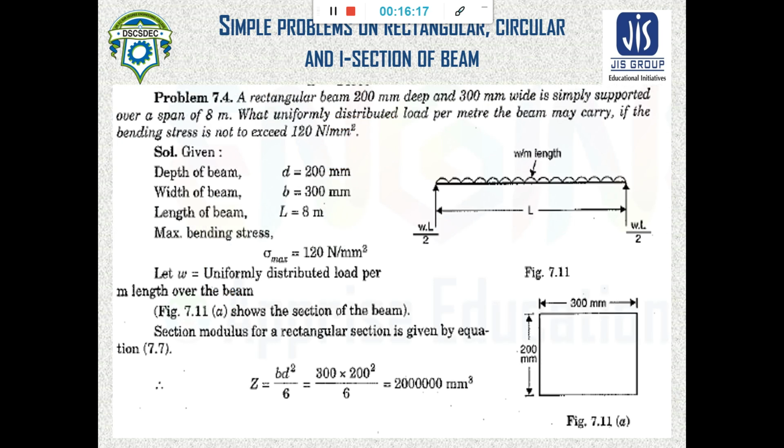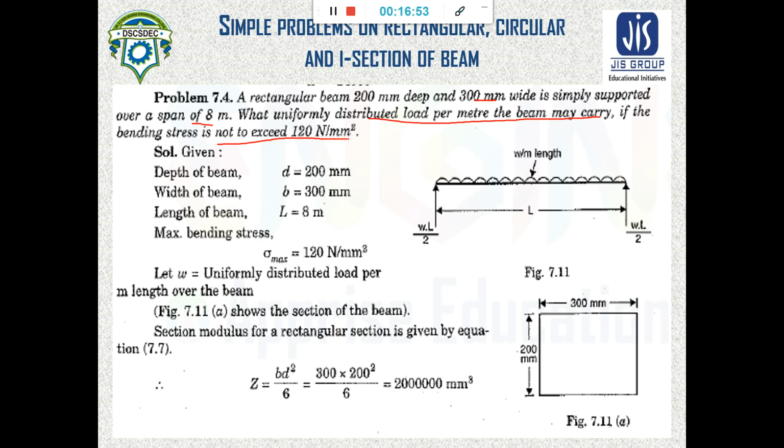So UDL means uniformly distributed load. A rectangular beam of 200 mm deep and 300 wide is simply supported over a span of 8 m. What uniformly distributed load per unit meter may the beam carry if the bending stress is not to exceed 120 Newton per millimeter square? Here bending stress is given, and the dimensions are given, that means y is also given,